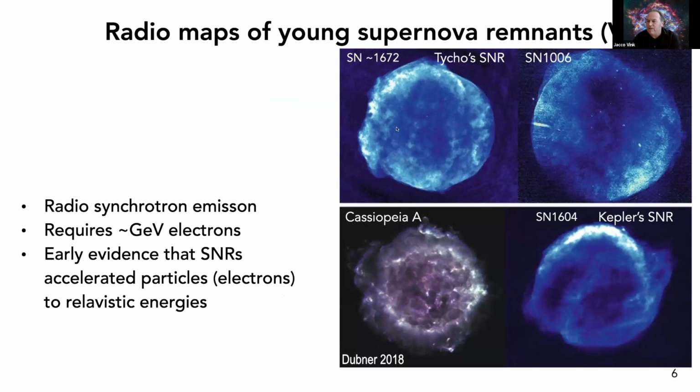As I said, Baade and Zwicky really saw that the supernova was accelerating cosmic rays. And after radio emission from supernova remnants was discovered, slowly you see the paradigm shift from cosmic ray acceleration by the supernova to cosmic ray acceleration by supernova remnants in the shocks. That process was completed when, in 1978, the theory of diffusive shock acceleration was established.